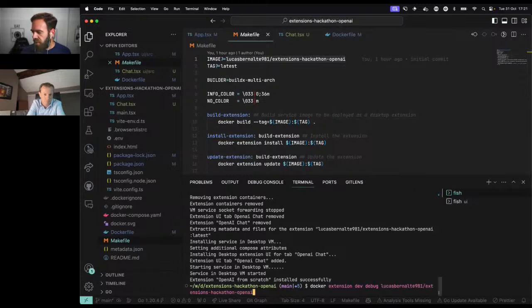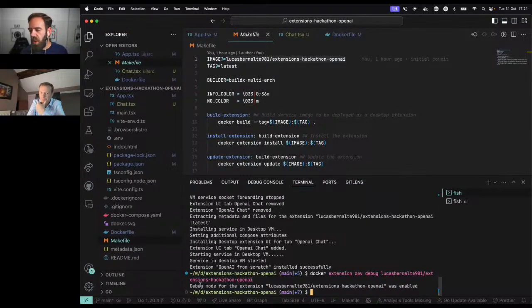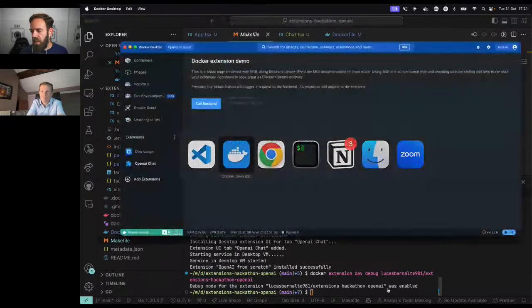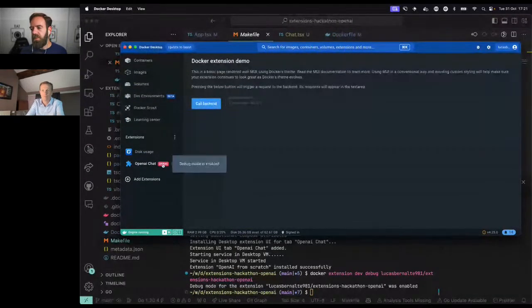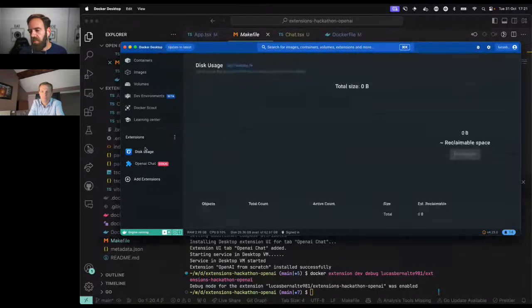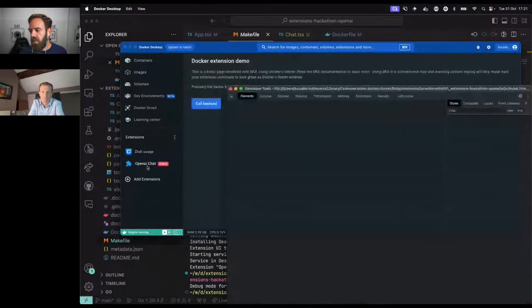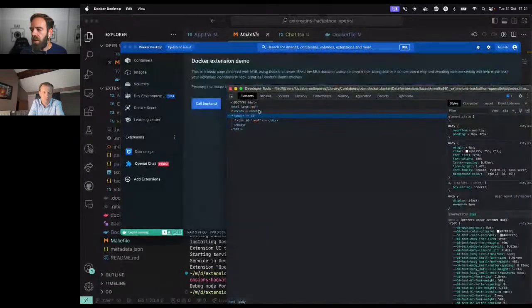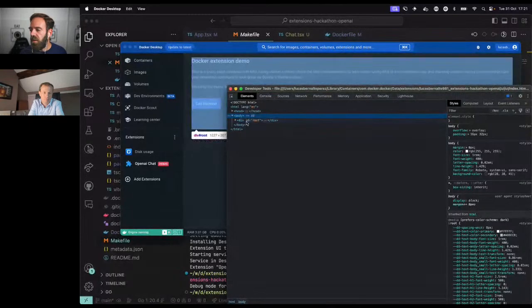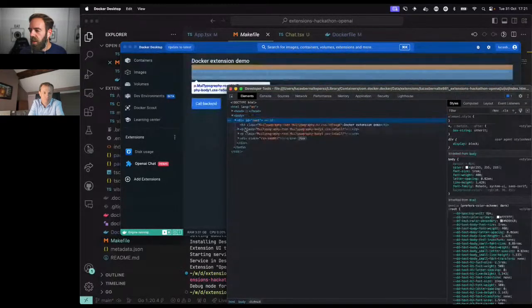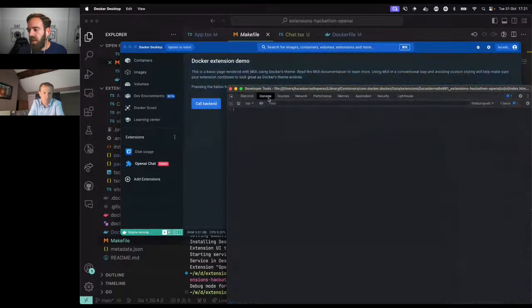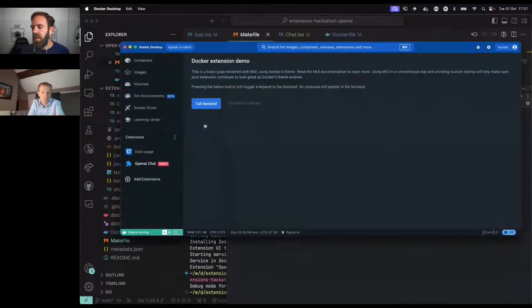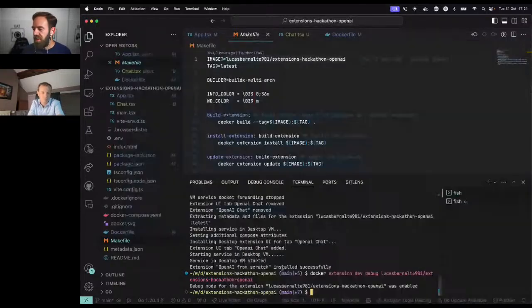And what this is going to do is enable debug mode for the extension. And what does that mean? Let's go back to Docker Desktop and see it. If you see this now, debug mode is enabled. If I navigate away from the extension and back, I should see the developer tools here. And it's very nice because I can directly debug anything that happens in the UI. I can put some console log and see what is happening behind the scenes in case something goes wrong. Hopefully during this demo, nothing will go wrong, but we don't know.